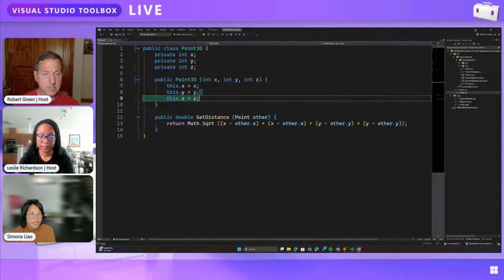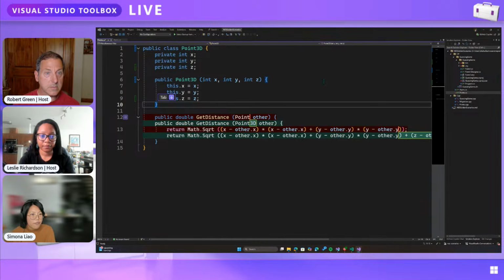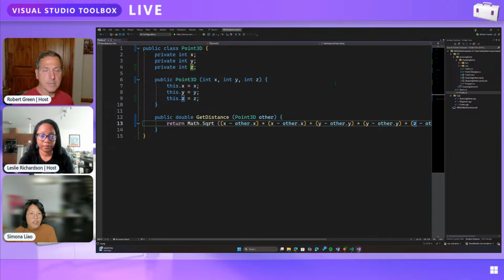So I'll tab again, and okay, it pops up again to change this get distance function as well. Tab. So just through this tab flow, NES helped me refactor this entire point class. Great. So that's one toy project, and you might wonder how NES actually works in a more